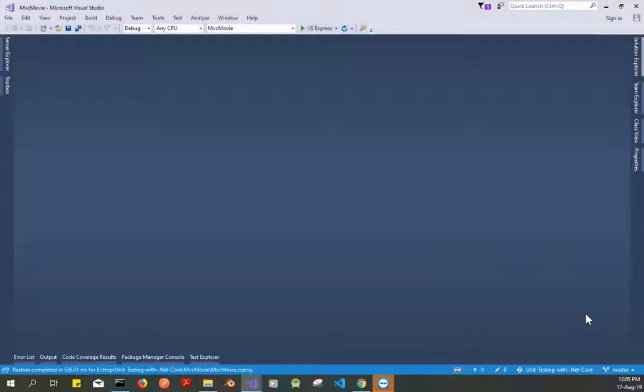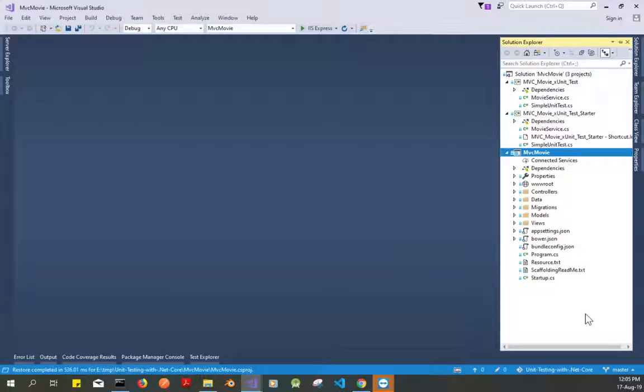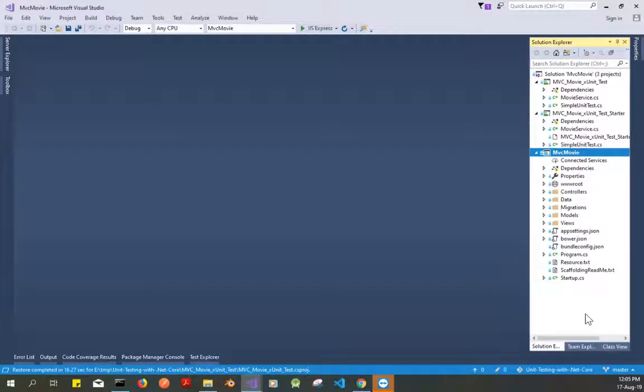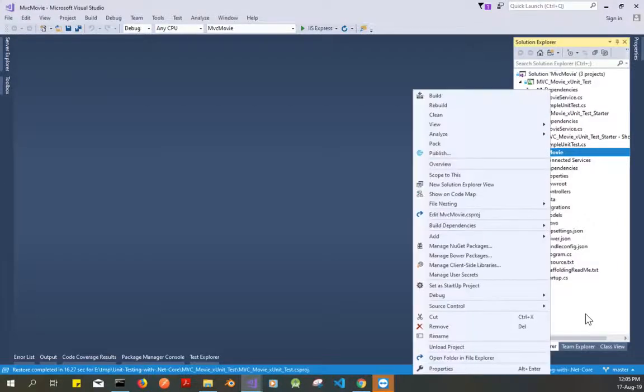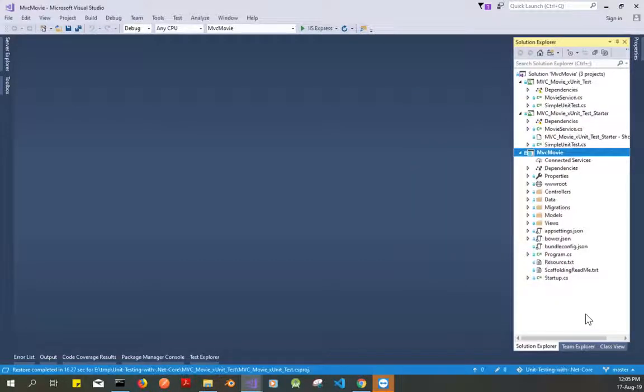It's already open, I believe. Yep. So we already have three projects that I have explained before. So we have, so this is your web, and if you want to start, if you're using the GUI interface, you have to set it as a start project and then you have to run it. So let's say if you want to run this one, the first thing you have to